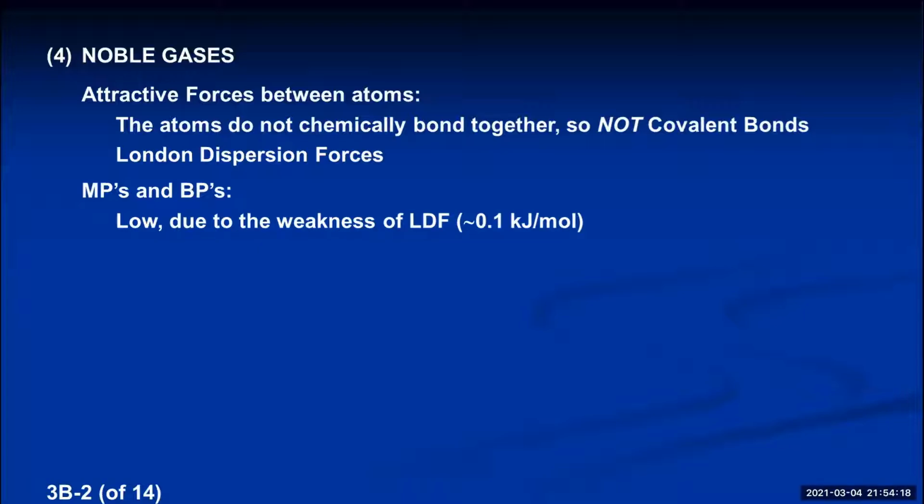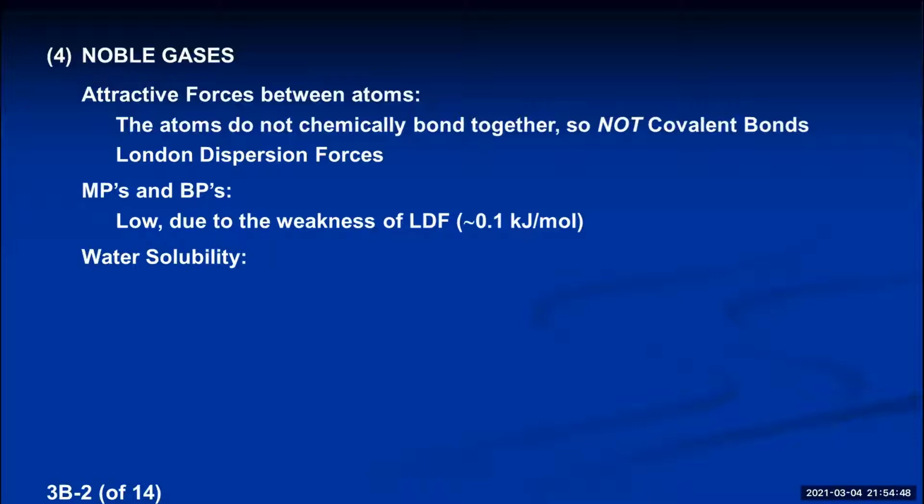Their typical energy is something like 1/10 of a kilojoule per mole. So think back to yesterday, the covalent bonds, ionic bonds, and metallic bonds were like 400 kilojoules per mole. So the London dispersion force is only 1/4000th as strong as a typical chemical bond. That's such a weak attractive force, it'd be easy to have these noble gas atoms separate from each other and therefore melt into a liquid or boil into a gas, okay?